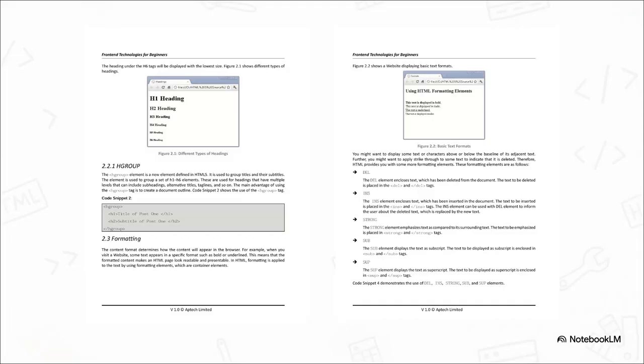And you can really see the evolution here. We move from just basic structure to actual formatting. While your standard H1 through H6 tags create a strict size hierarchy, HTML also uses specific semantic tags to do things like boldly emphasize text, show deleted text with a strike through, or pop in a superscript. It just makes the code so much more readable, both for the developer writing it and the browser trying to